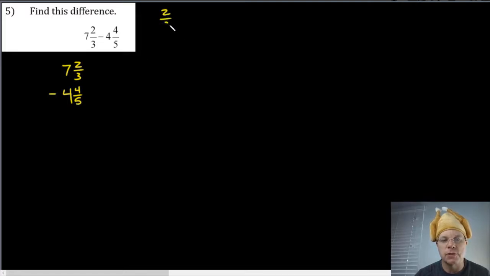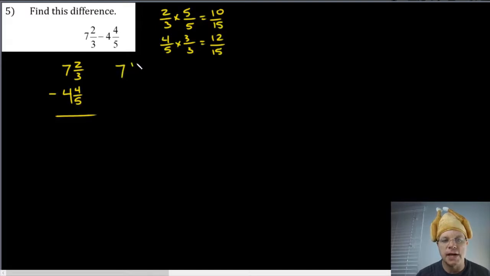So 2/3 multiplied by 5/5 is 10/15, and 4/5 multiplied by 3/3 is 12/15. So I can rewrite this expression as 7 10/15 minus 4